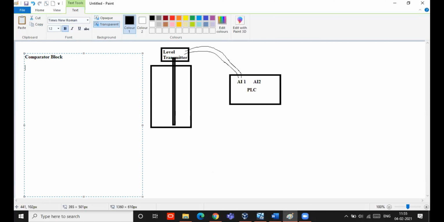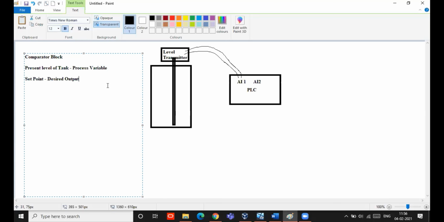The present level of the tank will be called the process variable. And I have a set point. Set point is nothing but the desired output for us: at which level the process should stop or start, like that.